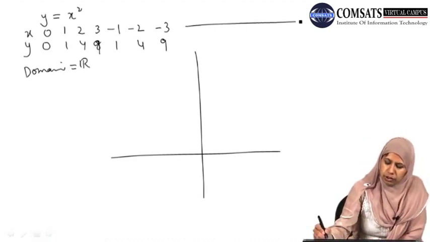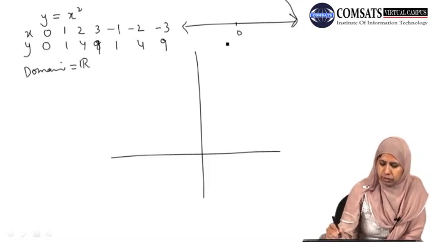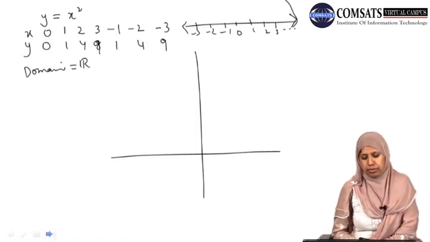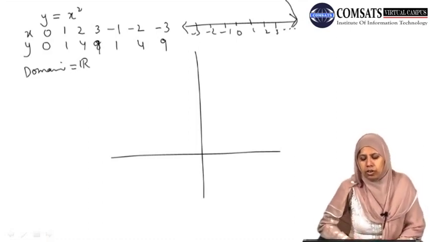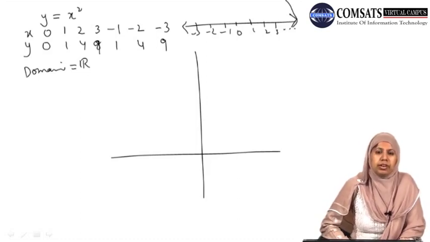That is this whole real line, with 0 here, positive values, and so on, and with some negative values, and so on. All the values from the real line define the function very well. So there's no problem in defining the domain of the function. Can you find the range of this function?